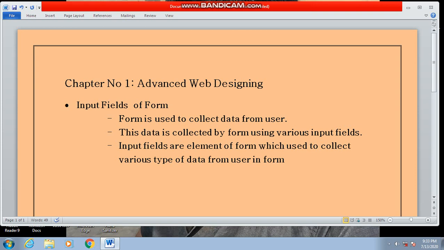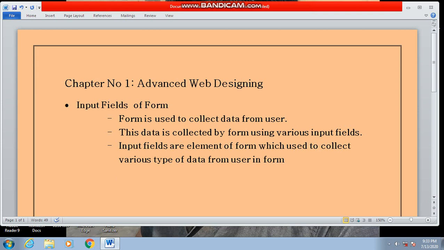So input fields help a form to collect data. In this lecture we have to study various input fields which are used in a form to collect various types of input from the user.